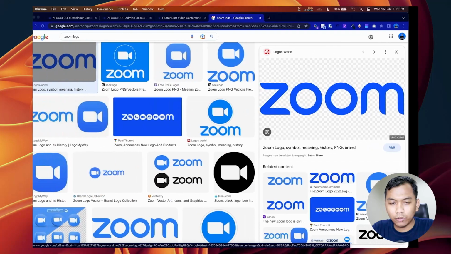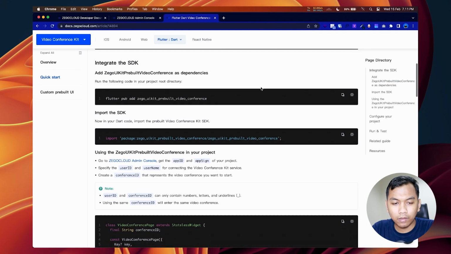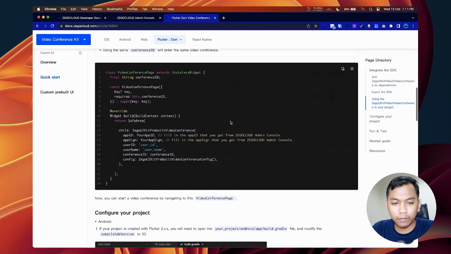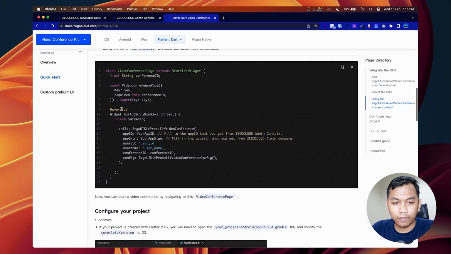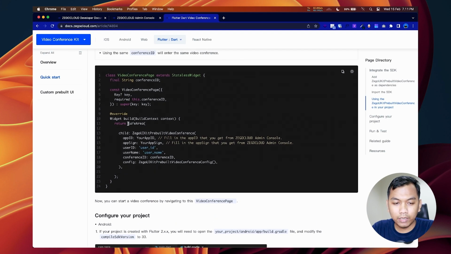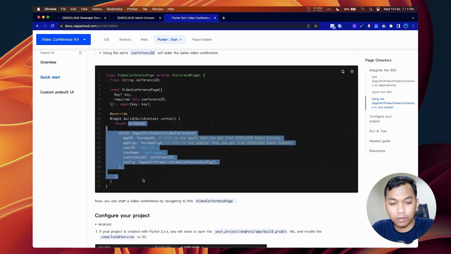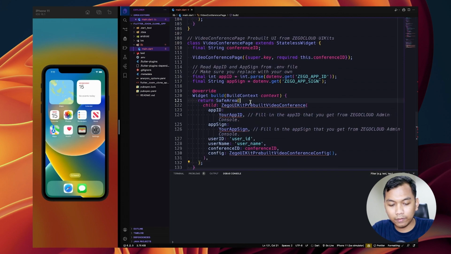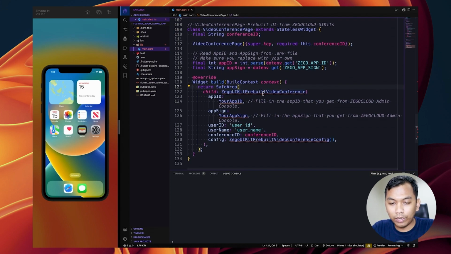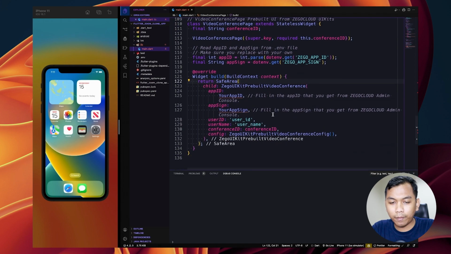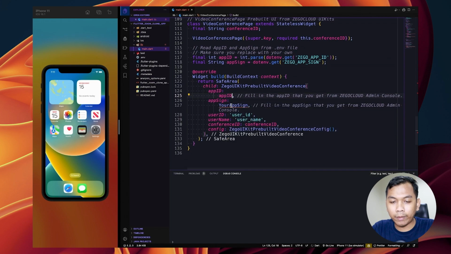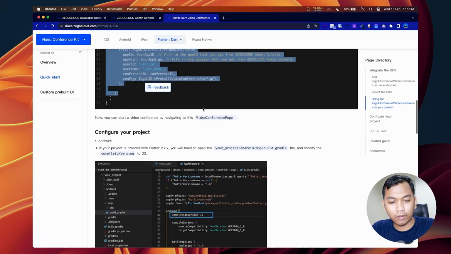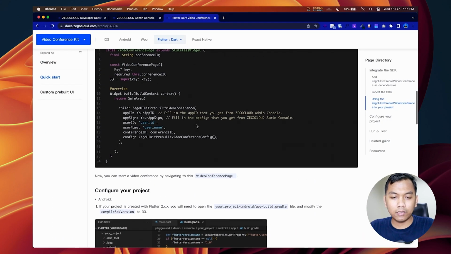So let's go back to documentation. What we need to say here. So we need to copy in this safe area. And we need to replace container with this. And we need to import our library. And appID will be appID. And appSign will be appSign from this. Alright,